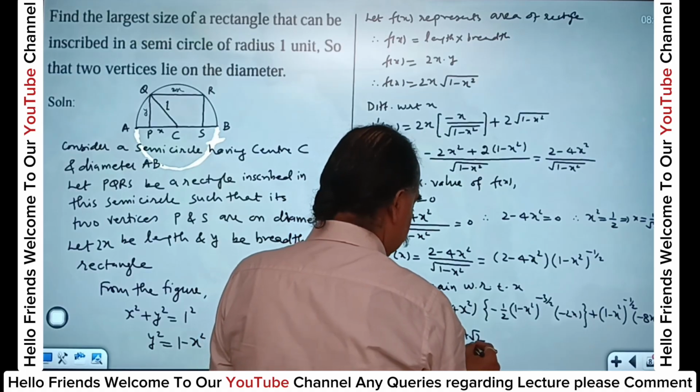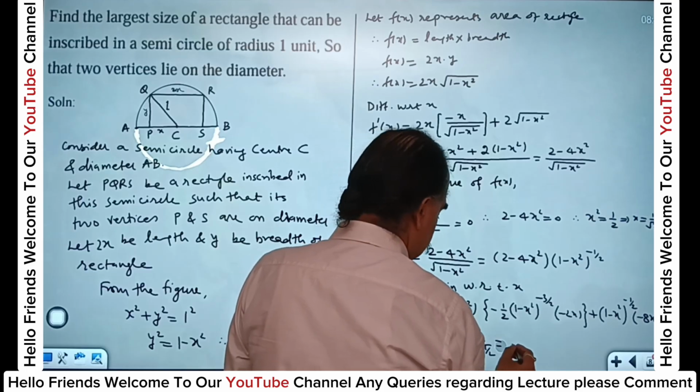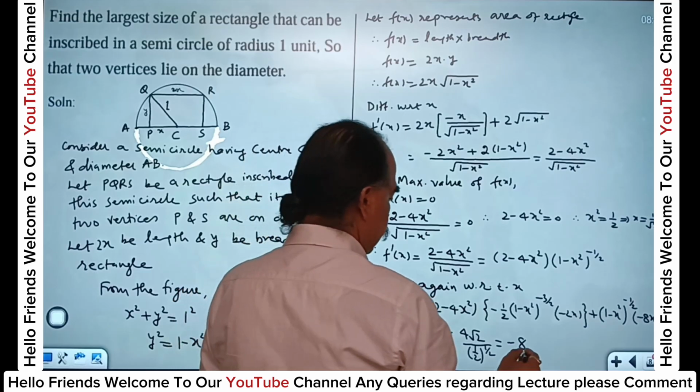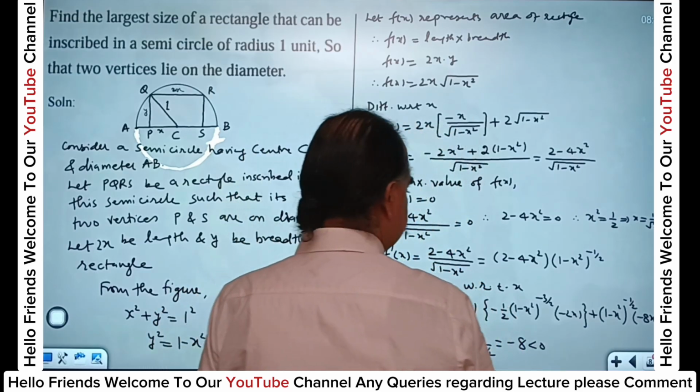So it is equal to minus 8 root 2 upon... which is less than 0. So this implies